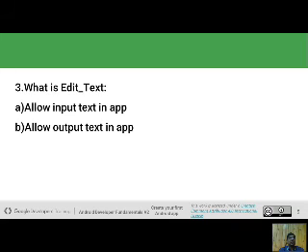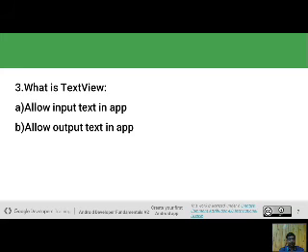Then the user inserts the text using the on-screen keyboard or a physical keyboard. Then that string is used by the programmer to perform any operation. So the answer is the first option, allow input text in app.